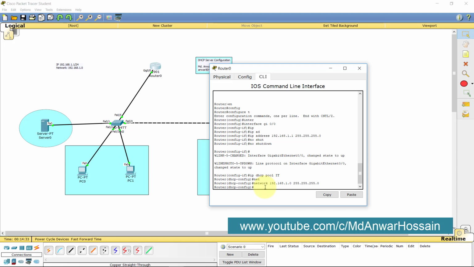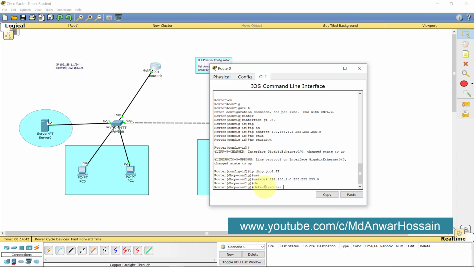Now we need to declare the default router address. Input the IP address that we inputted before on this interface as the default router. So our IP address is 192.168.1.1.